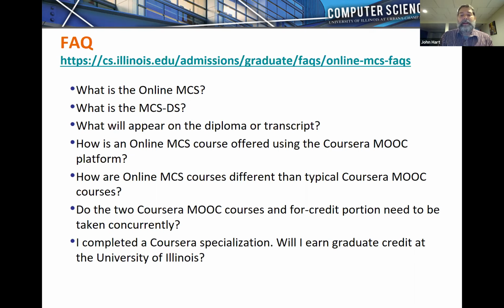So taking a MOOC, the same lectures, the same quizzes that you would be taking in a 4-credit class might be available as a pair of MOOCs on the public platform. And that would be equivalent to sitting in on a class. If you're on campus, you can join a class and just sit in on the class. And that gives you access to the lectures, maybe some weekly exercises, but doesn't give you access to the programming projects and all the grading and staff help that a formal enrolling in a class would do.